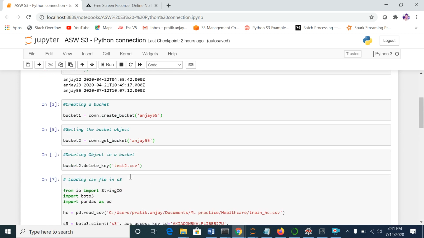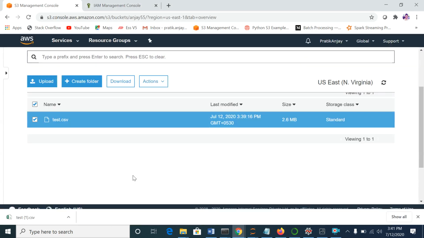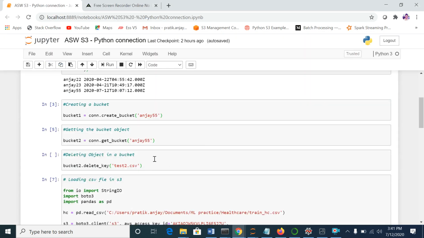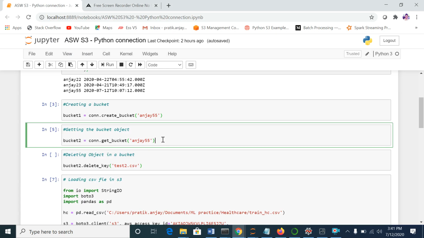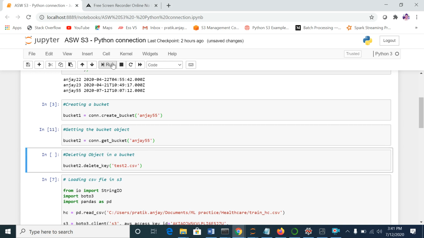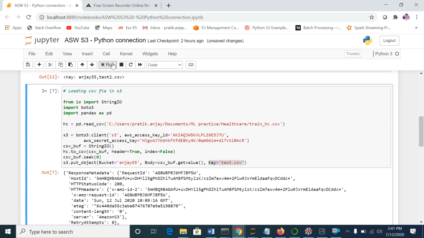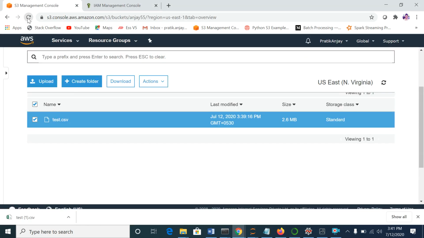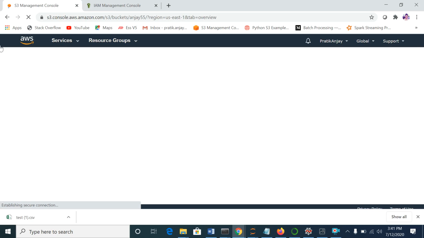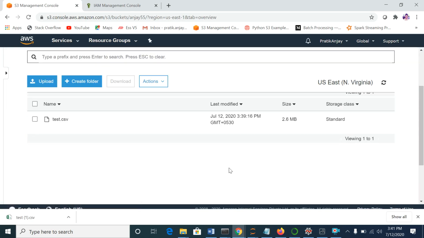If I want to delete the file, how can we delete this test CSV file? For that, we have to assign this to the Unj 55 bucket, and just click on delete. I will go and check over here. See, the file is not available.